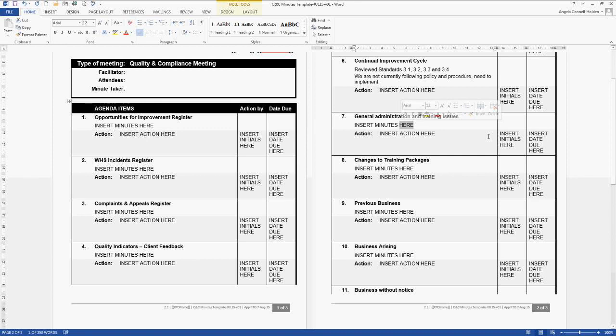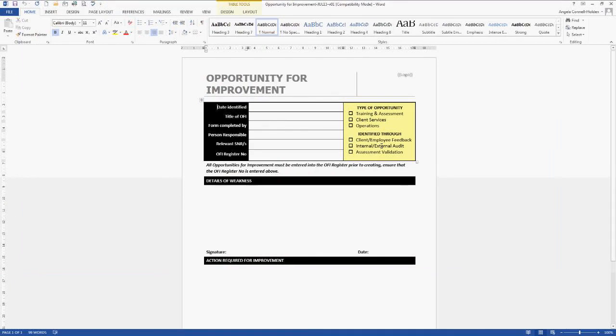One of the questions I get asked a few times is, what's the difference between just a general thing that we're going to fix and an opportunity for improvement? An opportunity for improvement can be completed by a student, a trainer, admin, or someone external to your organisation, such as industry. I'm just going to bring up the opportunity for improvement form so you can get a better understanding of it. Here I've listed the different people who could complete it.